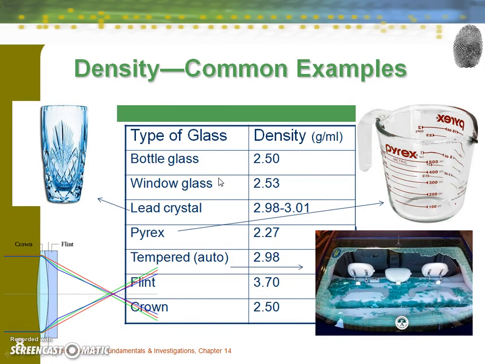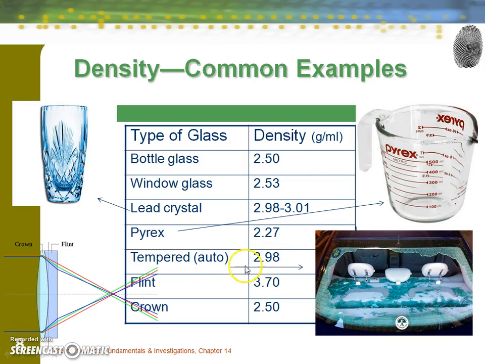There are different types of examples of density, one of which is bottle glass, which has a density of 2.5 grams per milliliter. Window glass is slightly more than that. Lead crystal has a pretty high density. This has lead inserted into the structure of the glass, and this is usually for really nice, crystal type of glass. Pyrex, which is good for baking, has about a 2.27, so lower than the other ones that